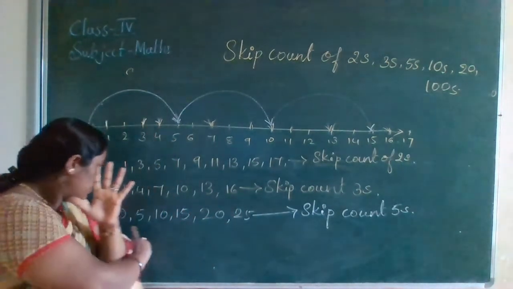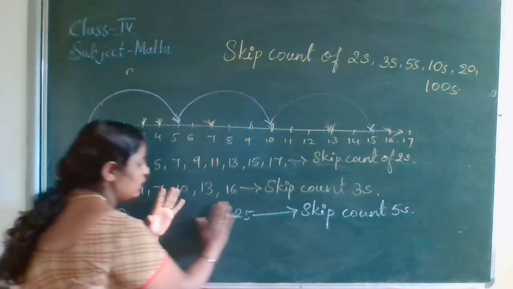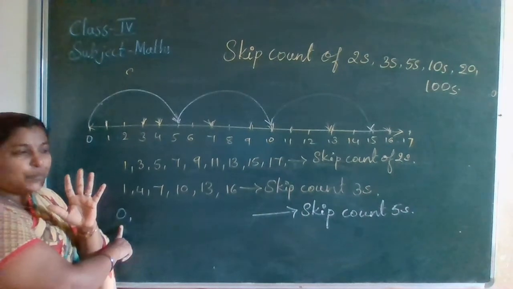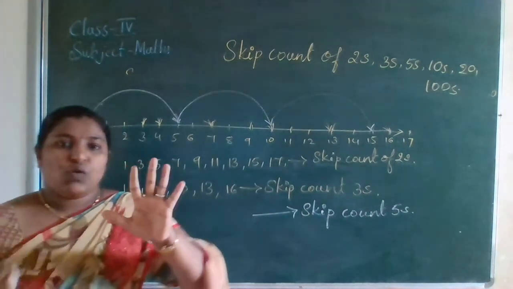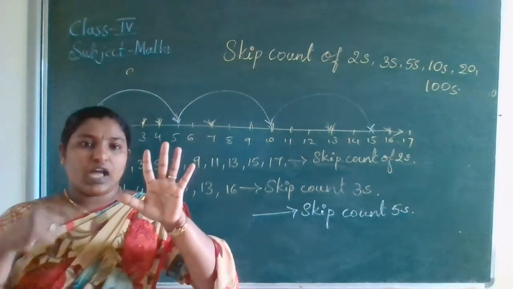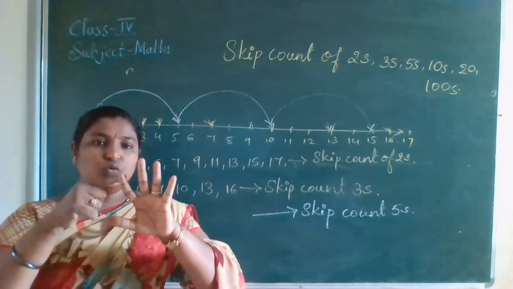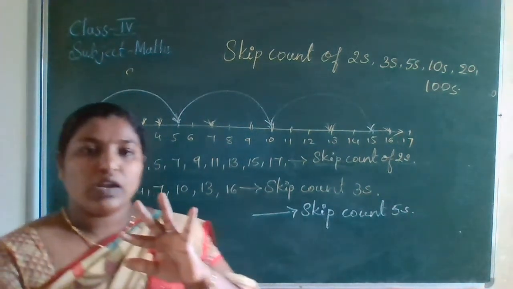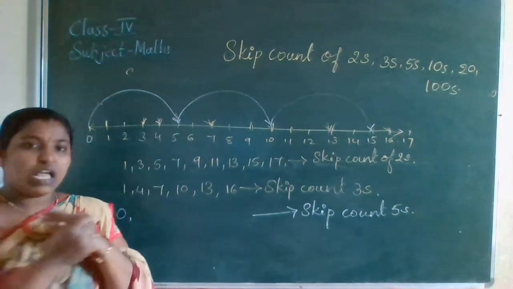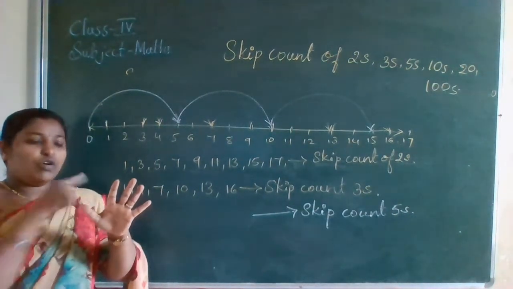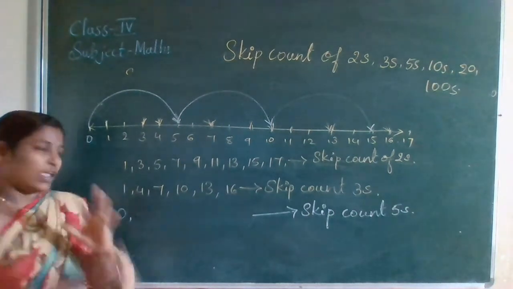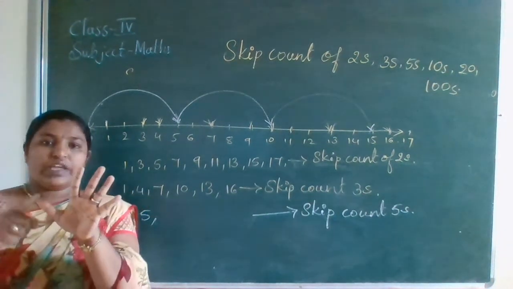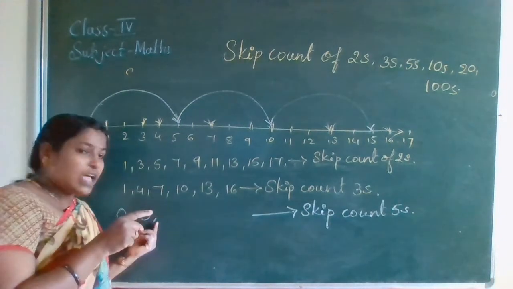Okay, the first number is 0. Don't think about this; the first number they have given is 0. After 0, what will come? That you should read. After 0: 1, 2, 3, 4, 5. So the fifth finger, whatever number we get, that is the answer. So 0, 1, 2, 3, 4, 5. Next will be 5. We should not count 5 here because 5 is the answer.